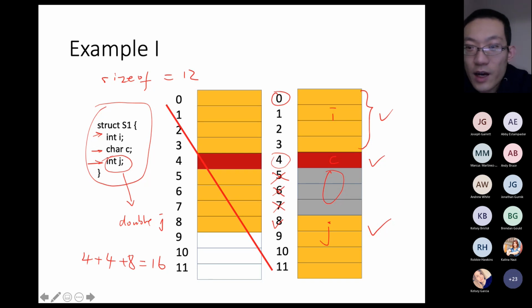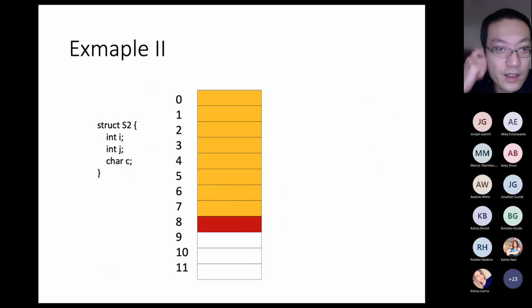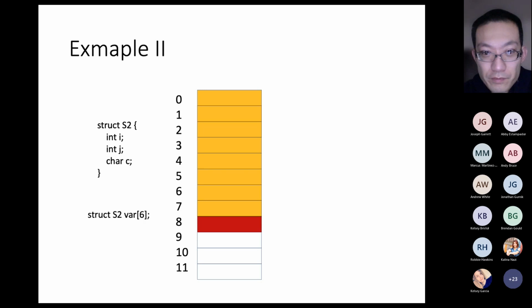Okay, great. So the next question is, would an integer and a char take 9 bytes? That's a good one. Now let's tackle the issue. In our demo, we showed that even if we have integers i and j with char c following, the size of it is still 12. Why? The reason is